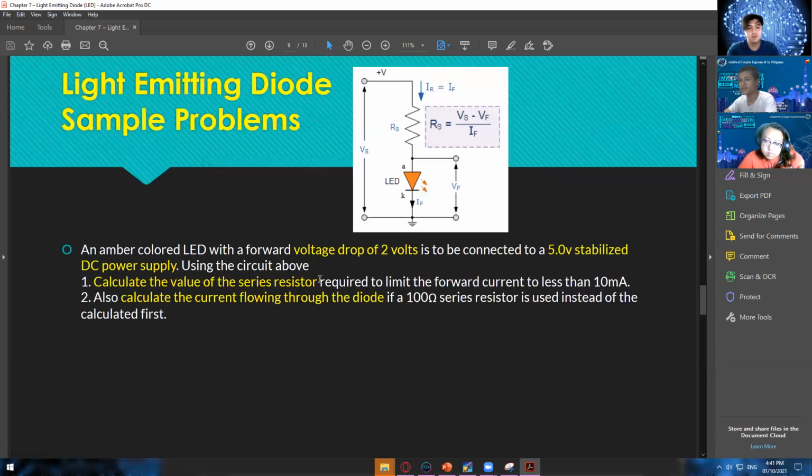Alright, so let's have an example. So an amber colored LED with a forward voltage drop of 2 volts is to be connected to a 5.0 volts stabilized DC power supply. So using the circuit above, calculate the value of series resistor required to limit the forward current to less than 10 milliamps. So ang target natin dito is